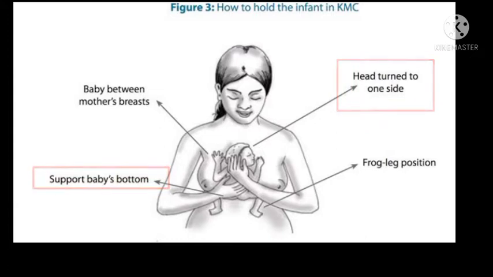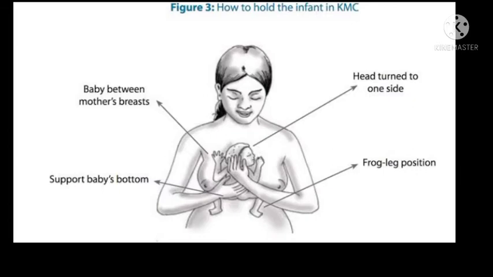This semi extended position has two benefits. The first one is it maintains the patency of the airway, keeping the larynx in a straight line, that is, the airway in a straight line. Second, it maintains the eye to eye contact between the baby and the mother. The last point to be noted is that the baby's umbilicus lies at the level of the xiphisternum of the mother. So, while the mother is breathing, this stimulates the baby's breathing and decreases the episodes of apnea in the baby. So, these are the bits about the position in KMC.